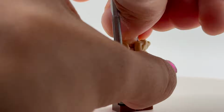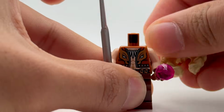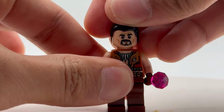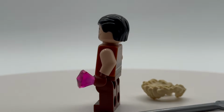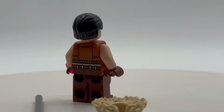The previous head for Kraven that we got originated in the Jurassic World theme for Vincent D'Onofrio's villain character from the first Jurassic World movie, and I also think that while that was a reuse that did work decently enough for the character, it would be cool to one day get a dedicated head print for him, but honestly, I think this works alright. It's unfortunate to get only plain legs, but it's kind of what we expect from LEGO